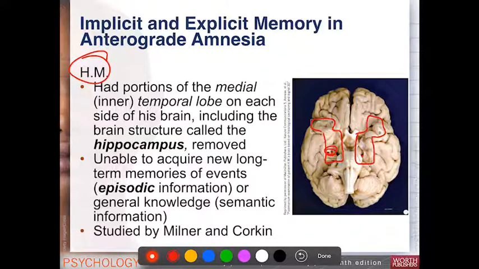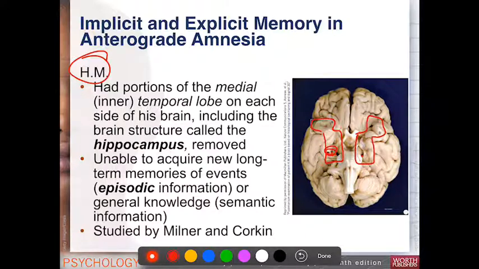HM had a part of his amygdala removed on one side, but the bilateral hippocampi were the major structures that were removed. And what ended up happening was we didn't realize this at the time, of course, that these structures are so important. But once they were removed,